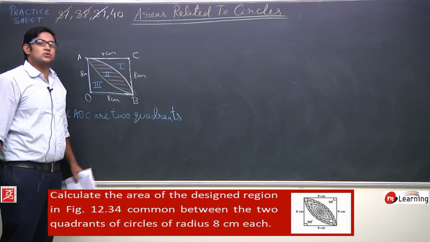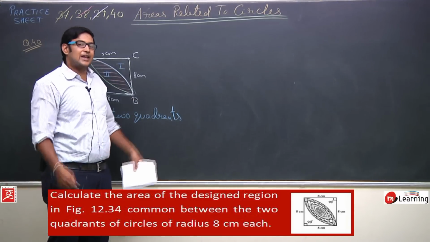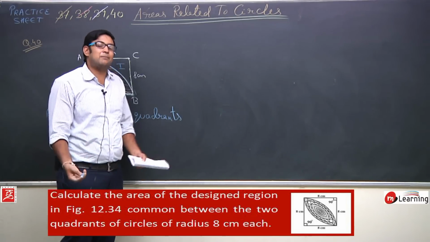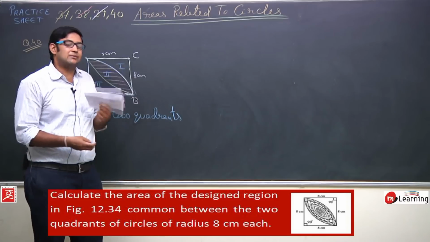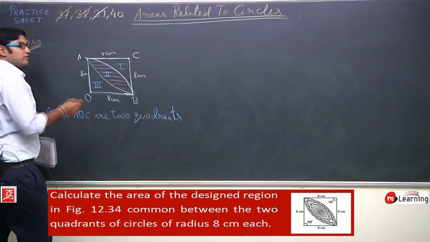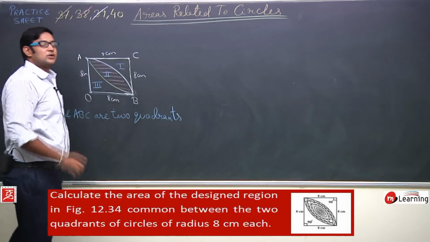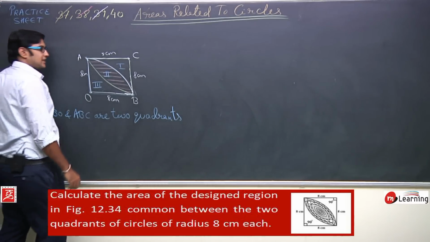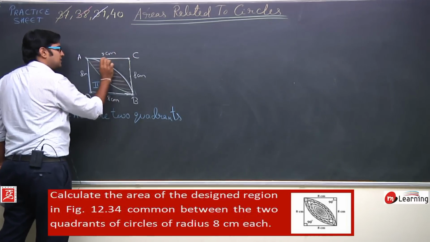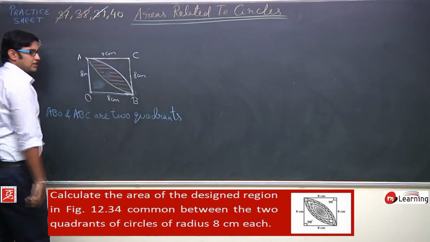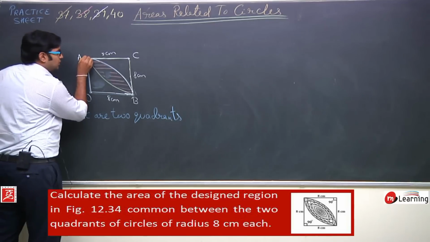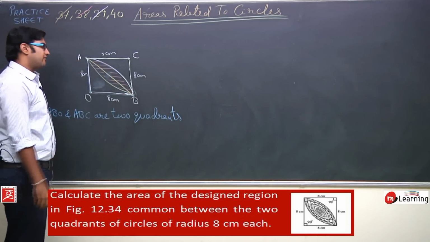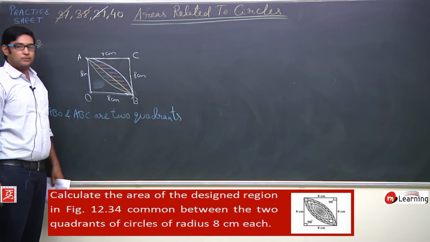Now why am I doing so much exercise to determine this area? Can I apply another method to solve the same question? Yes, you can apply one more method. We applied this method in question number 29. So now let us understand one more approach to solve the same question. What I am saying is, do not name these areas as region 1, 2 or 3. What I am going to do is draw a diagonal from A to B. Okay, I have drawn a diagonal from A to B.